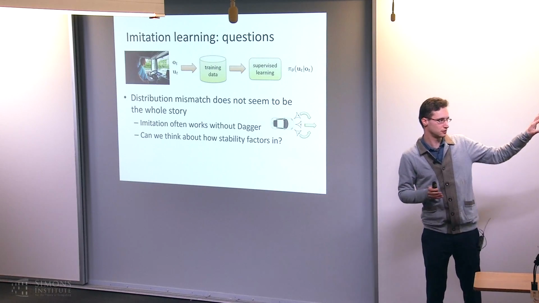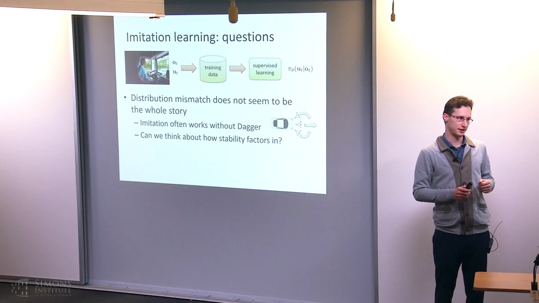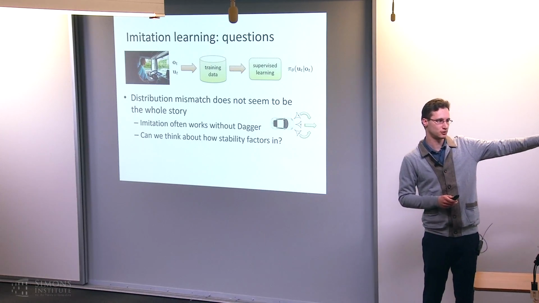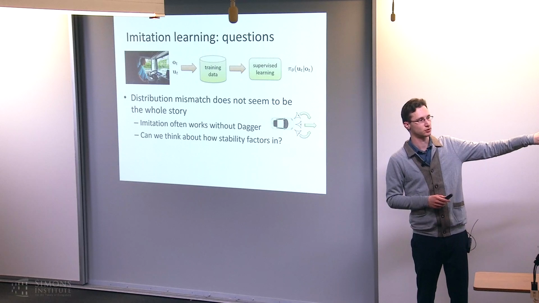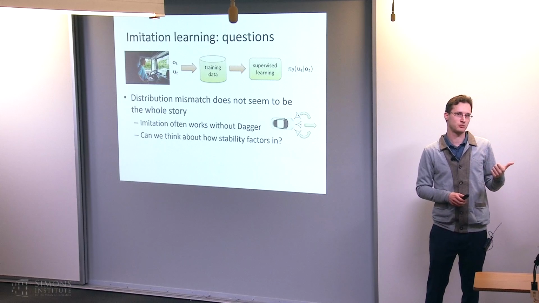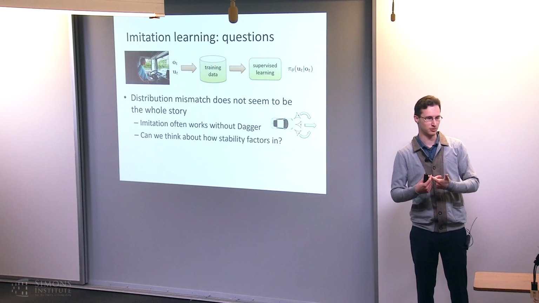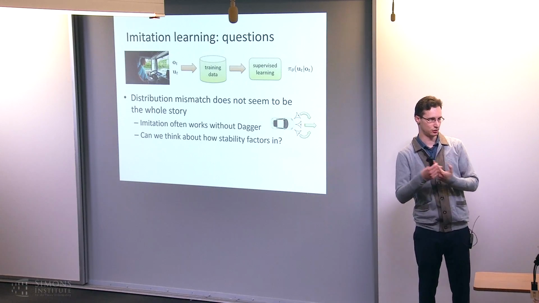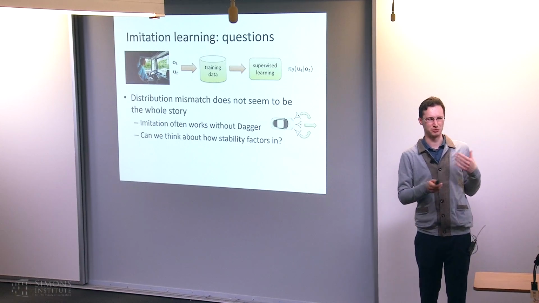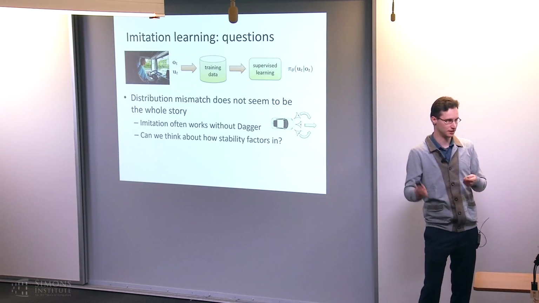So currently, as far as I know, the human expert has a stable policy. Probably you'd have to assume something like that. So my guess is that if you want to show something about imitation working well without requiring a fix to the distribution mismatch problem, you'd have to make additional assumptions about the expert, such as that they're following a stable policy. Because if you don't make any assumptions about the expert, then the trouble is that if you don't have anything in your policy class that can even come close to matching that, you can have arbitrarily large errors. So you probably need to make some additional assumptions about the expert if you're not going to be able to obtain more samples. So DAgger solves this problem by just getting more samples.